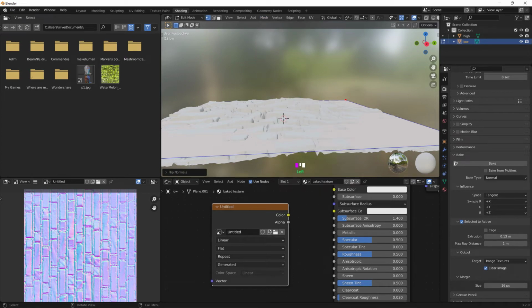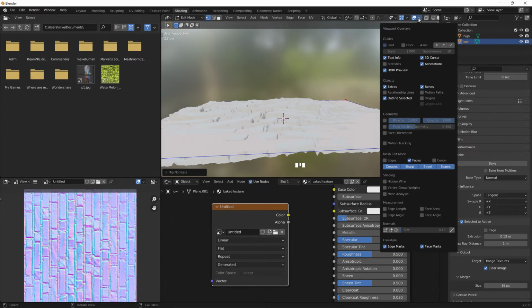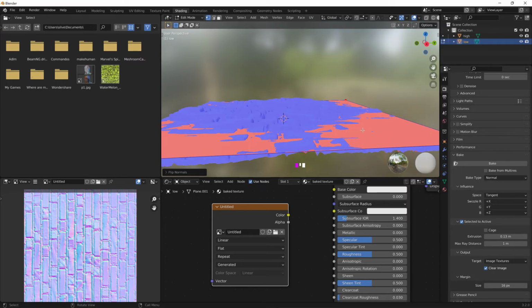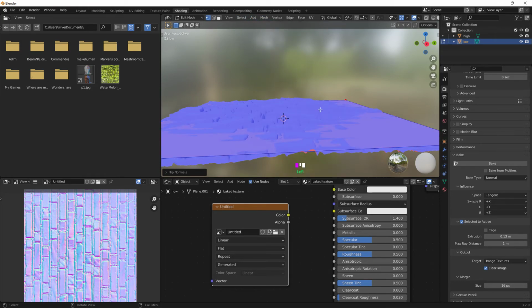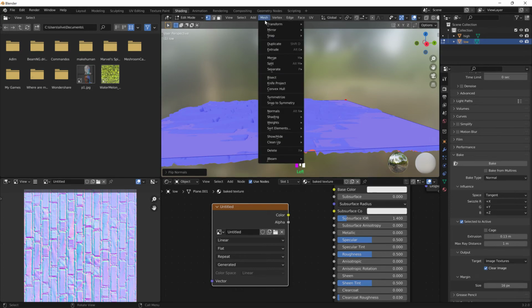Now before you even have to question this, you can always go up to the double balls up here, these two little circles, click this and go to face orientation. That'll show you that they are flipped, they're red, that they need to be blue. Red is the opposite side of things in the game world, basically the inverse of it. If we were to bake it inversed,